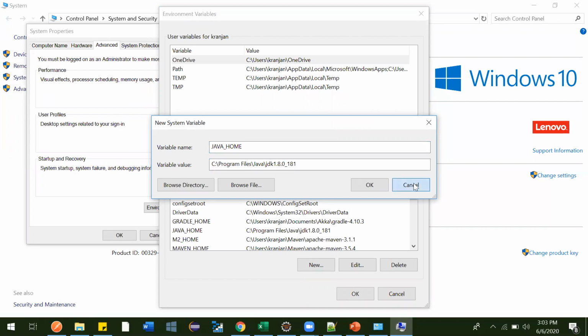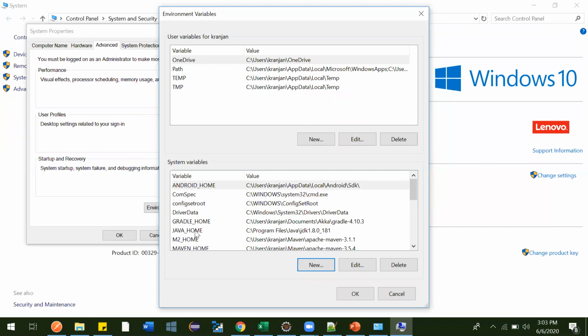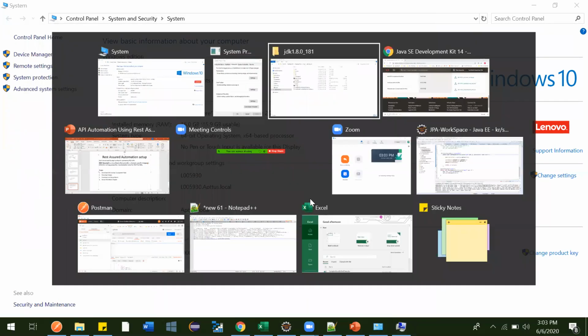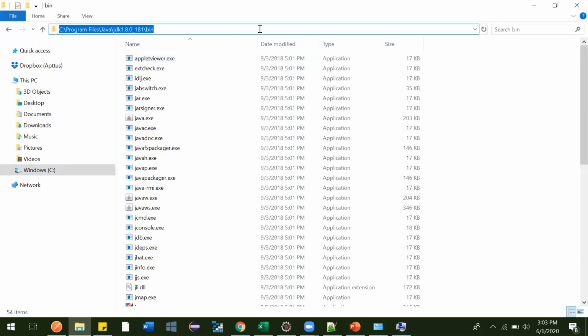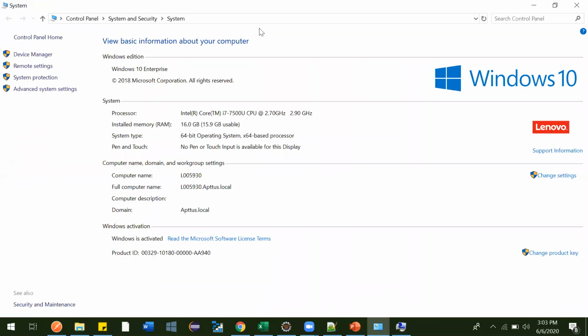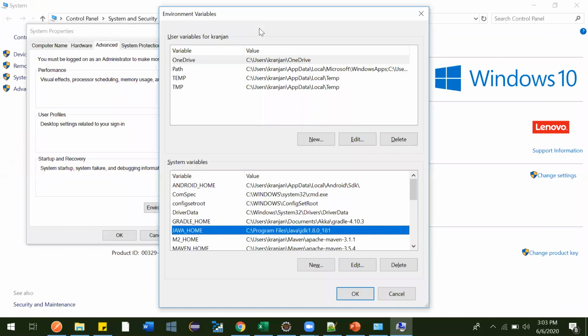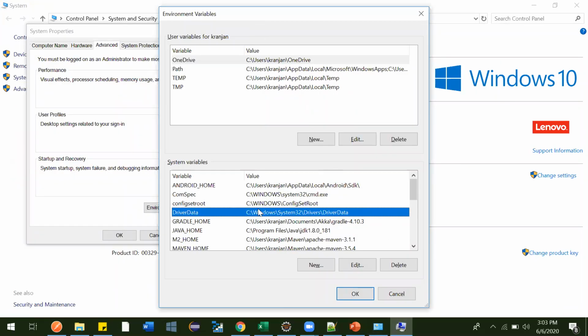I'm canceling it as I already have this done. When you add that, it will come over here. Now go back here and click on this bin folder. Copy this path, go to the same environment variable and search for Path.